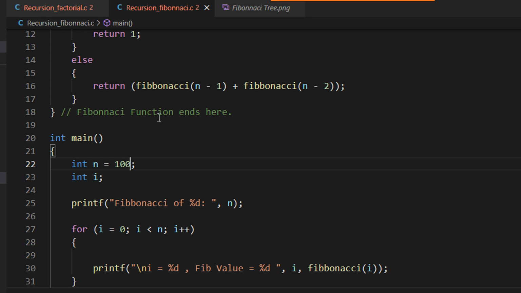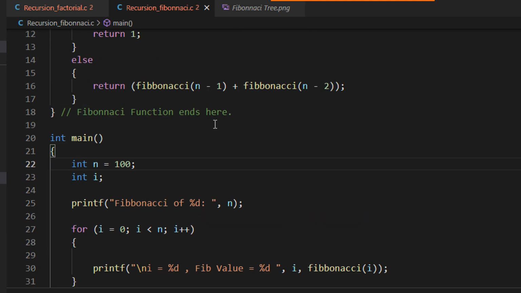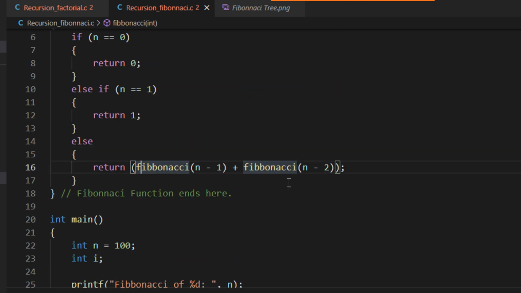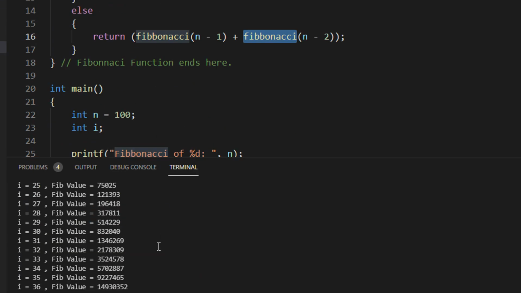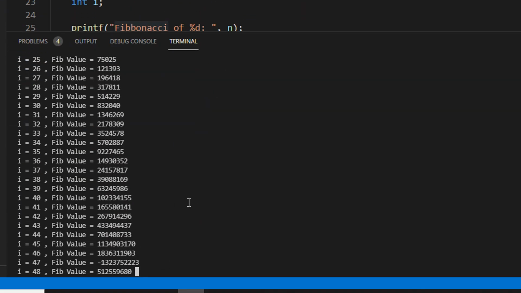So just a quick case of why recursion is good and why recursion is bad. Recursion is good because it makes the program very efficient and logical to understand. Because from the definition that Fibonacci is the sum of the previous two values, you come to know that this is very logical, or for factorial, but it has a huge computation burden, right? So please avoid recursion as far as possible, right?